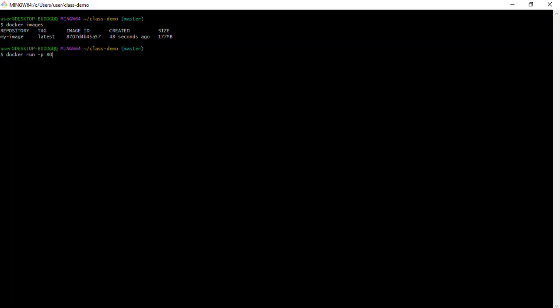So I want to map the port from the host to the container. So I'll map it to port 80, which we've exposed. Okay, so this is for the host and this is for the container. So I'm telling Docker to map port 80 with the ports on the container, and then I want to do -d because I want this to run in a detached mode. Then --name to give the name to my container. So I can name it